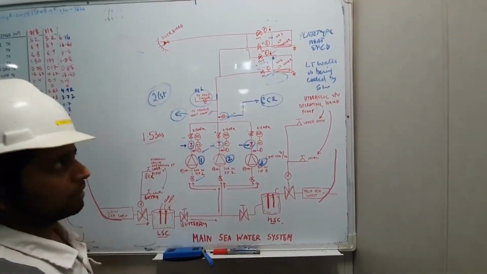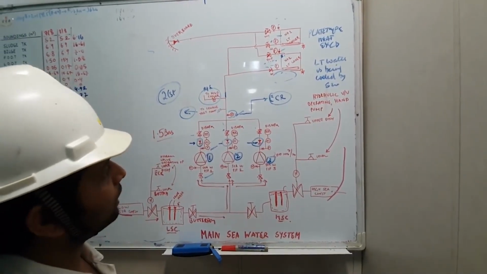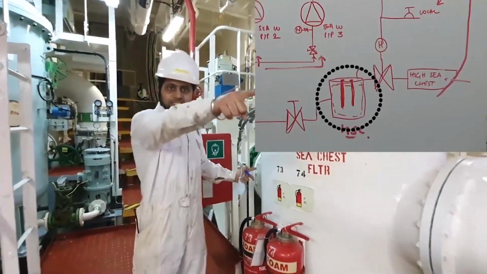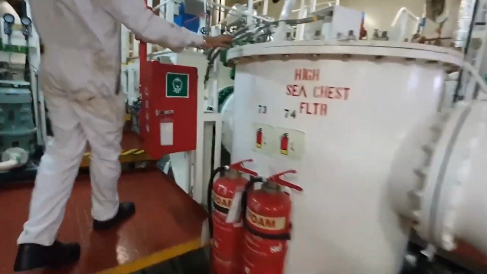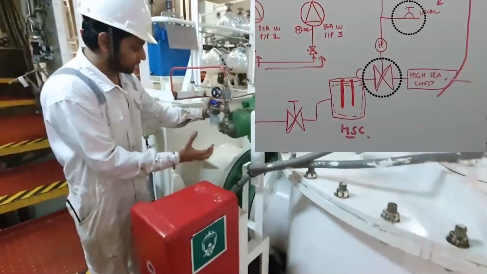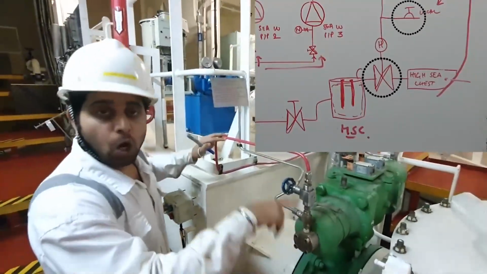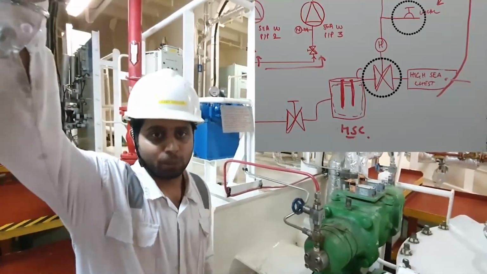Copy it. Now, come, let me show you in the local system where this LT cooler is fitted and all those things. So guys, this is my high sea chest over here. Low sea chest is down below. I cannot show you right now. This high sea chest filter has got a remote control system, a hydraulic valve fitted on the big valve. So it can be operated from this pump over here, or also in the remote as I have shown in the video earlier, which is on the engine control panel over there.